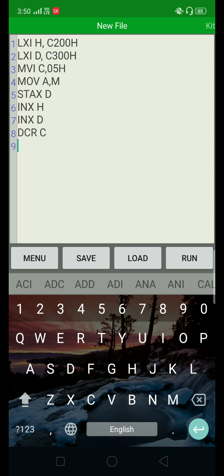Then decision making with the help of JNZ instruction, jump if not 0, and in front of JNZ you have to specify the 16-bit address.